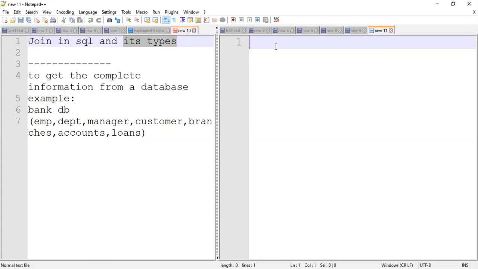So we'll know why there are different types, because for example, I want to take some information, let's say employee and department. One join is helping to find which employees are working in a department, but maybe that join will not help to find which employees are not working in that department. So that's why one join is not enough. Let one join be helping me give information about manager and branches: who is the branch manager of a particular branch. But who is not a manager?